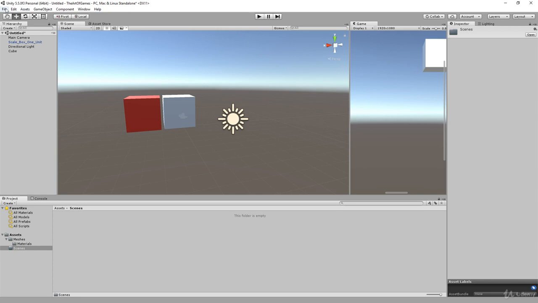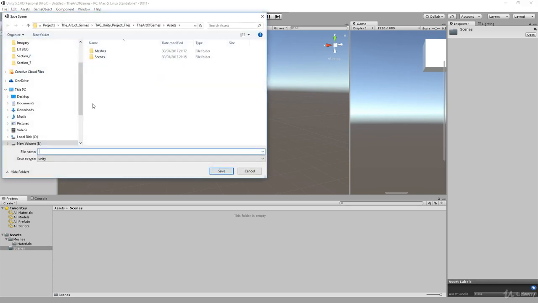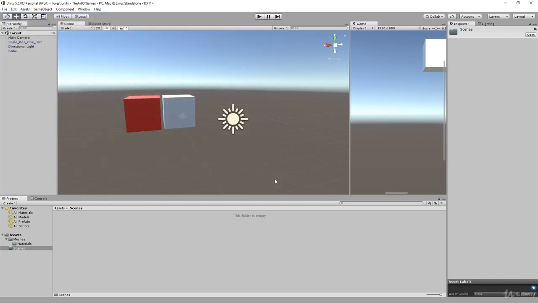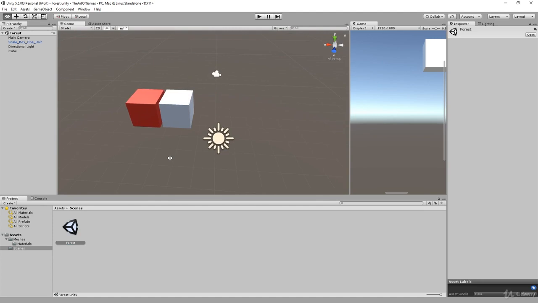Inside scenes, we're going to go file, save scene as, and we're going to call this forest. Go back to assets and you can see it's there. Just drag that into scenes, bink, like that, and that's where it sits. So that's going to be our scene file, neatly tucked away inside the scenes folder.